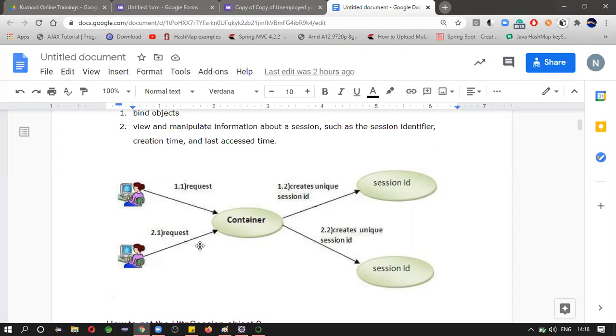Indeed, we are creating two sessions, right? The user is the same, but the client is different. So you can consider Firefox and Chrome as clients. Each client creates a new request, so each request will have a different session ID.